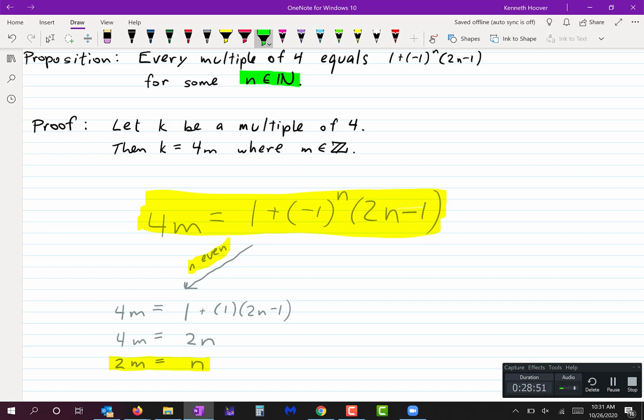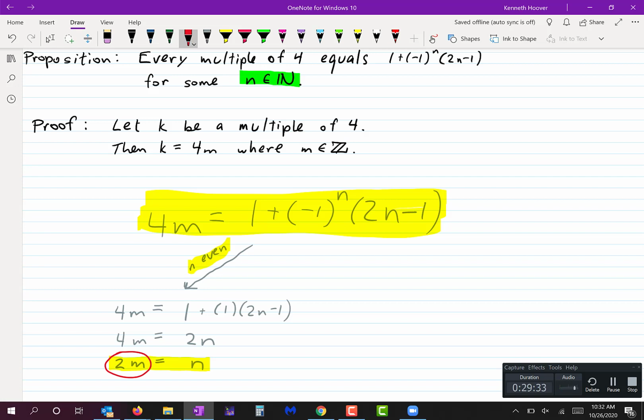N has to be a natural number. If n ends up needing to equal 2m, and n has to be a natural number, then remember m is an integer, so there's a restriction that's going to be placed on m in order for 2m to be a natural number. Now, 2 times an integer is always an integer, but 2 times an integer is not always natural,